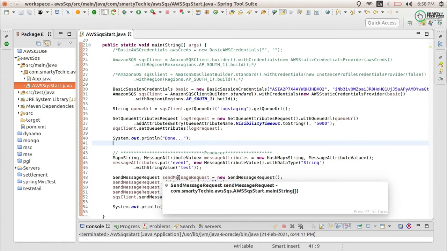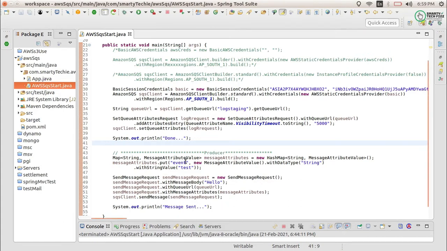Let's say for this queue you have an event, you can send ABC, that depends on you, and any other parameters you want to send with this message. So I just want to send the event with this, so that I can identify what we have to do with this type of event.